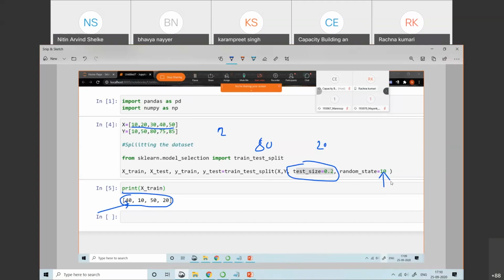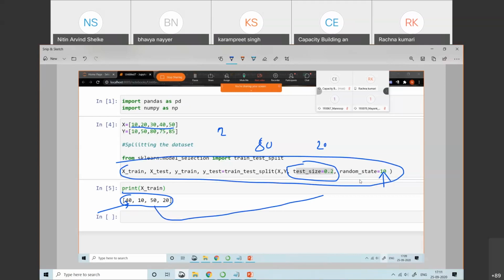Every time when we execute this statement, you will get the same random value. Okay, so this I will show you with the help of a loop.